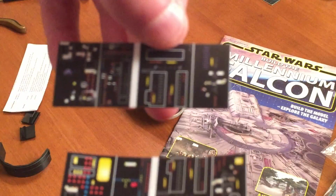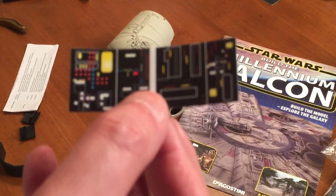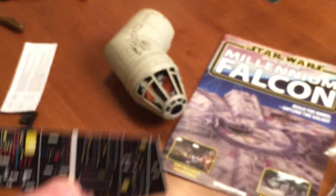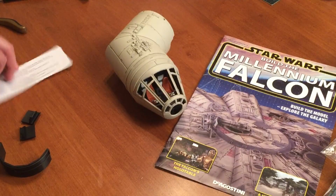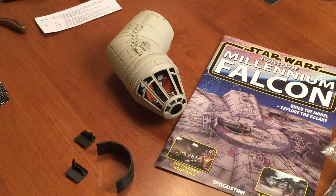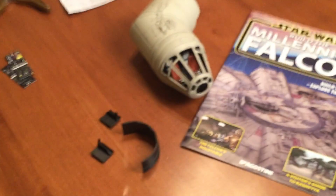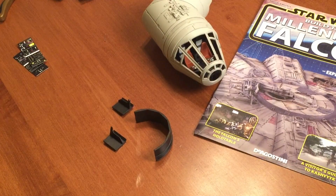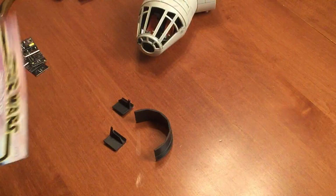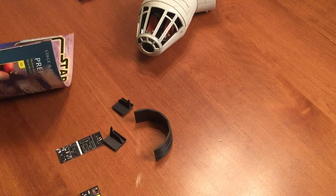And then here are the sticker panels. Focus, please. Come on, focus. There we go. So there's your sticker panels. But to figure out which ways those go in, I'll be right back. Okay, so I've got my three parts washed up here, and I'll see if I can move my camera just a little bit to get hopefully a better viewpoint of the next step here. So I'm going to sit down, and we're going to have to figure out...